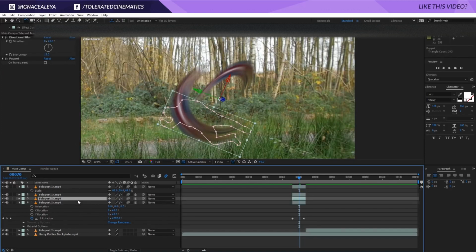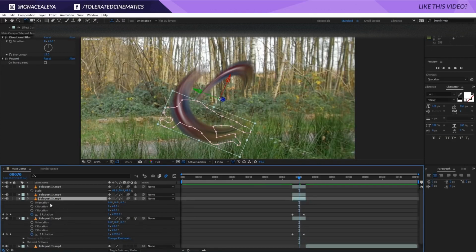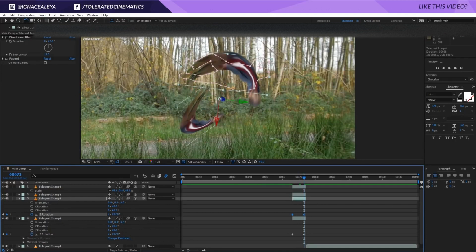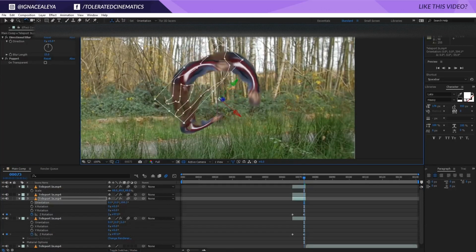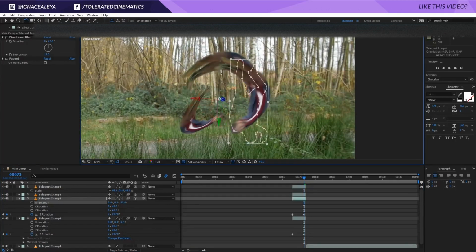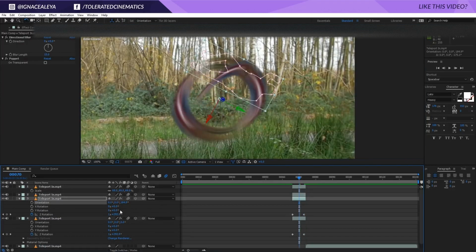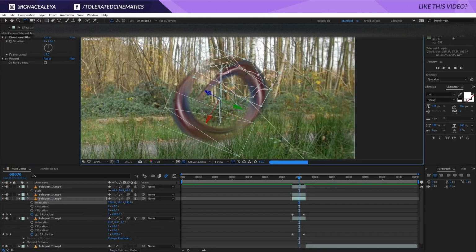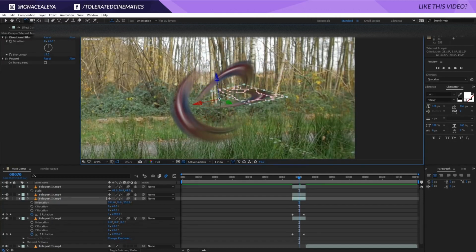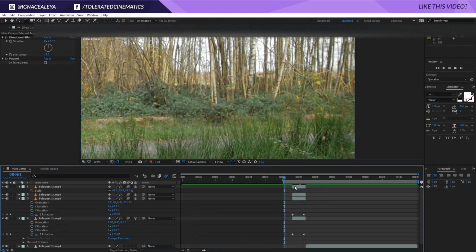And then duplicate once more, and we're going to rotate it also on the Z here. So I'm going to press the R key again, click on the Z rotation, go to the end and rotate it on the opposite side here. So right over here. And that way we get something like this. Also move it a little bit more to the front. Okay, there we go. So if we're going to play this back,